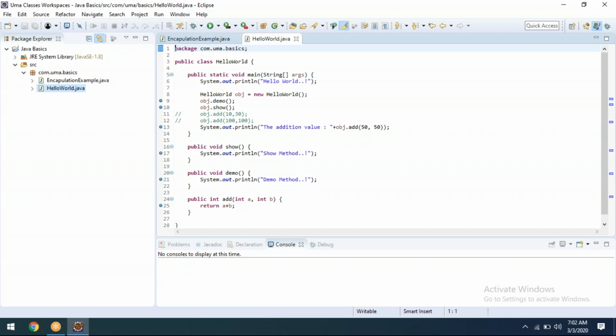If you observe, there is one keyword called extends. Based on the extends keyword, we make the connection from one class to another.